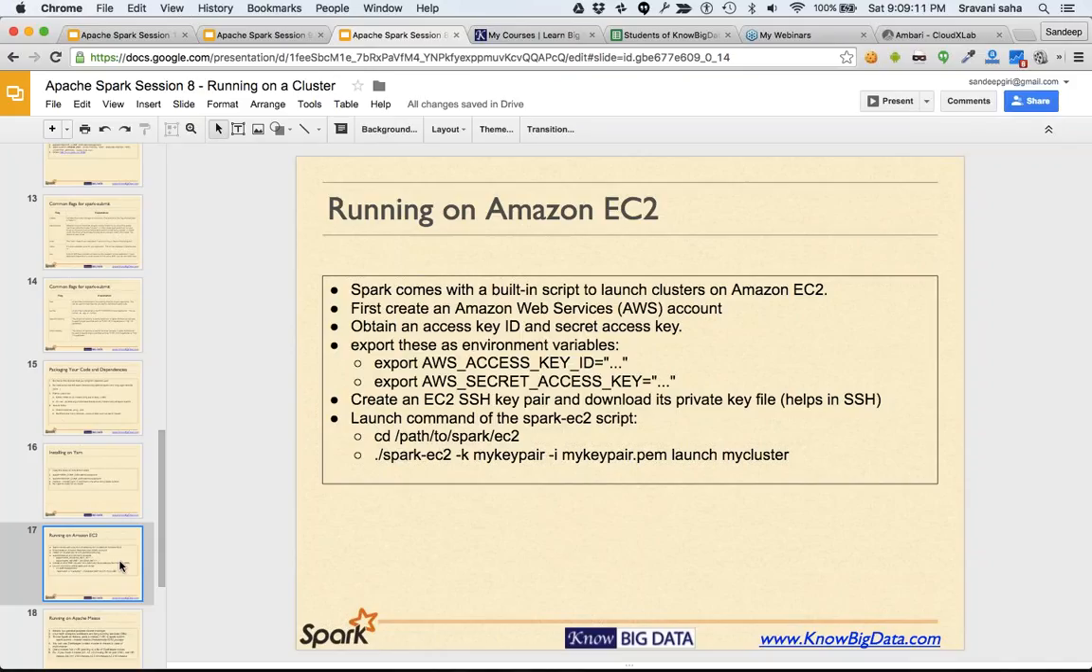After you have downloaded the special version of Spark for Amazon EC2, you'll have to add it to the environment by exporting these two variables, and then create the EC2 SSH key pair and download its private key. Then use that in your .ssh folder. Whatever PEM is generated there, you can use that while launching